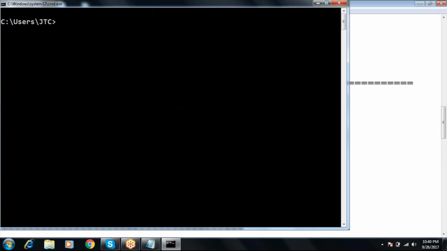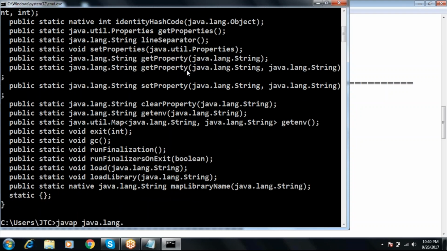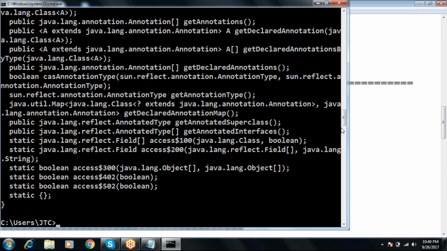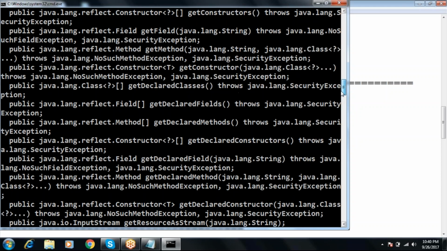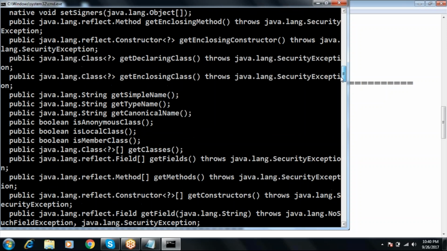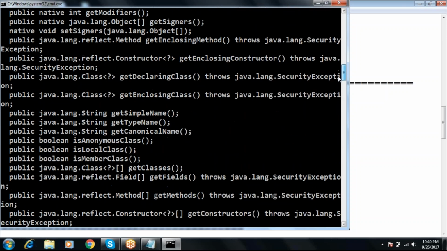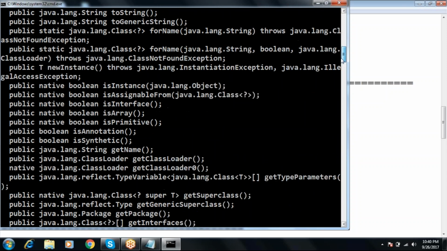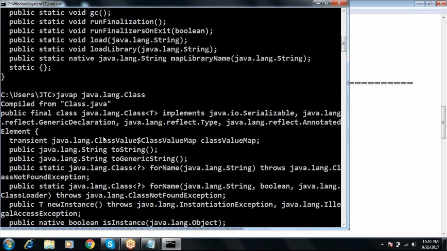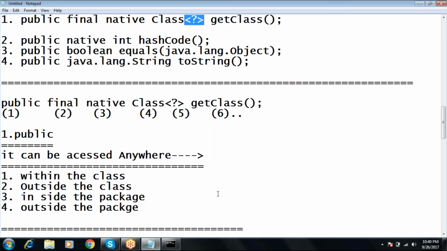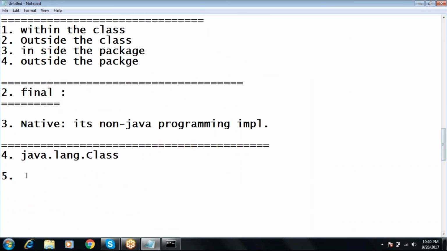Well, now after this, I'll just open the command prompt. In this command prompt, I'm writing java.lang. Sorry, I was talking about the class, java.lang.Class. It's a very big API and a very useful API, you can say. Especially this particular API we are going to discuss in the concept called reflection. We'll be discussing lots of things about this java.lang.Class